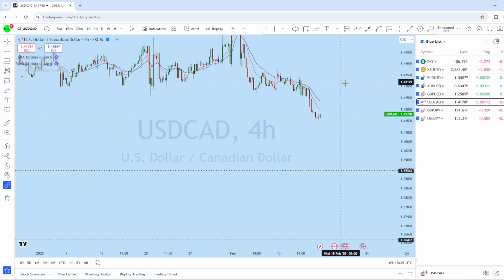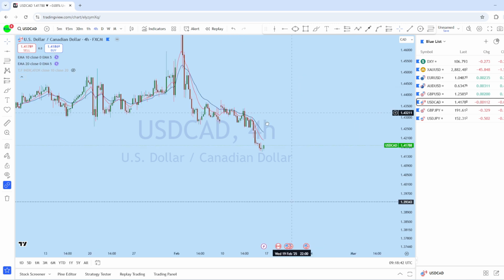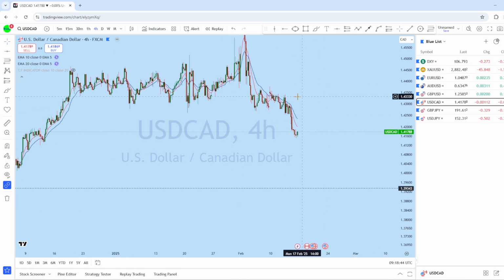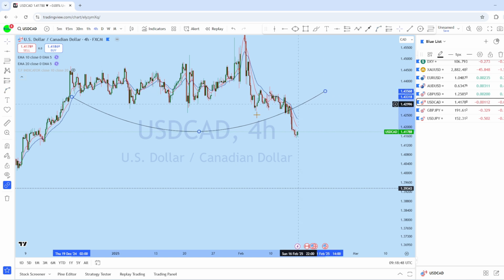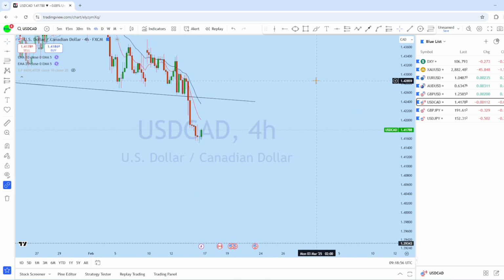Now looking at the 4-hour chart on dollar CAD, we can see that the market here has completely separated from that structure here. This is a significant level of support on dollar CAD that has broken completely below, and with the pullback, what I think is the dollar CAD may try to retest this level and then continue to drop.